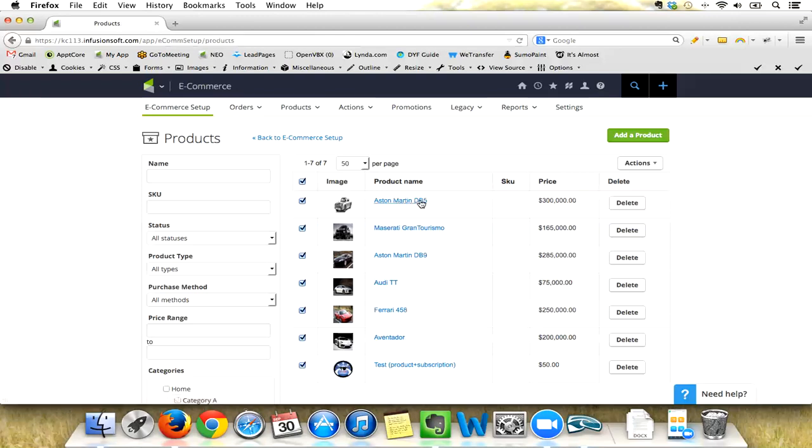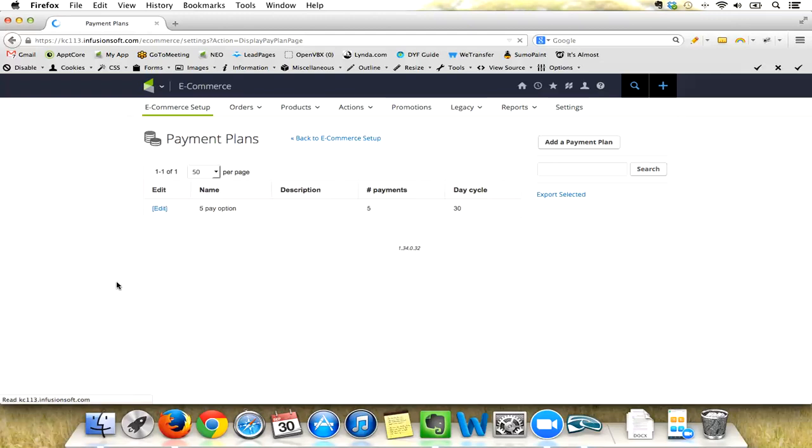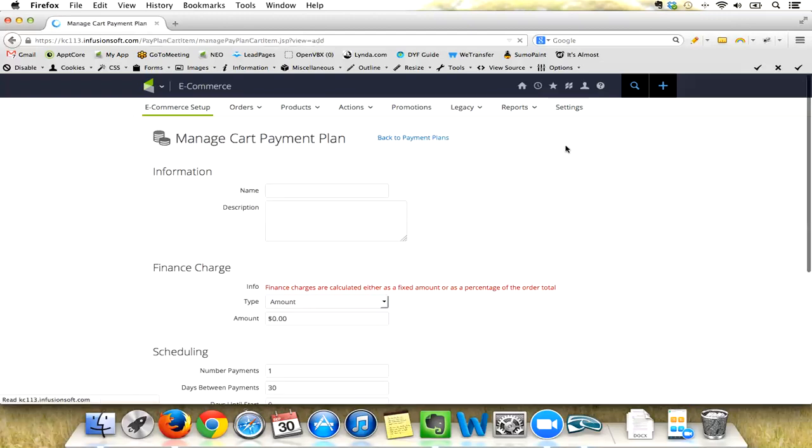The actual payment plan, if I want to break that down to 4 payments or whatever I want to do there, the payment plans are set up under e-commerce setup where we were just looking. So under the payment section, we have payment plans, and that's where we need to head. So let's go ahead and click where it says add a payment plan. You can put whatever name you want, and we'll just say